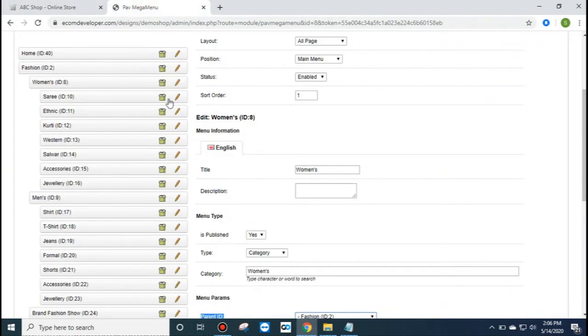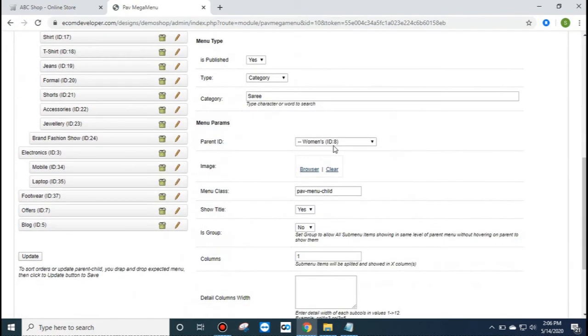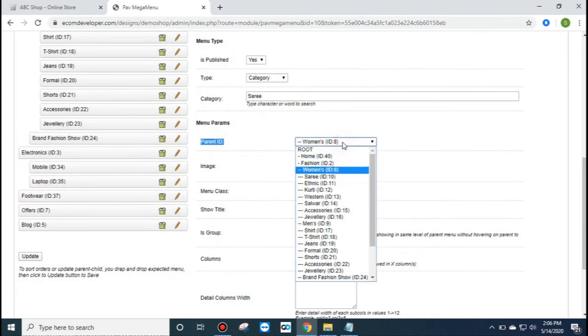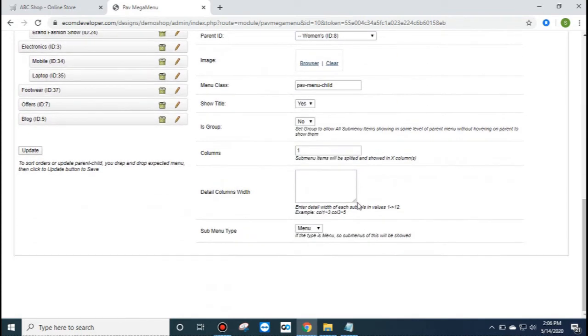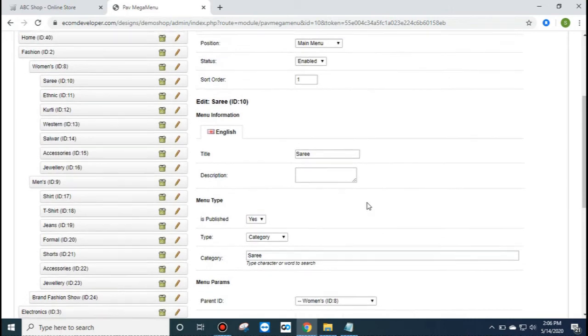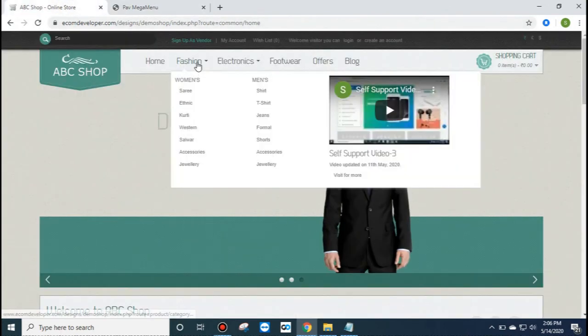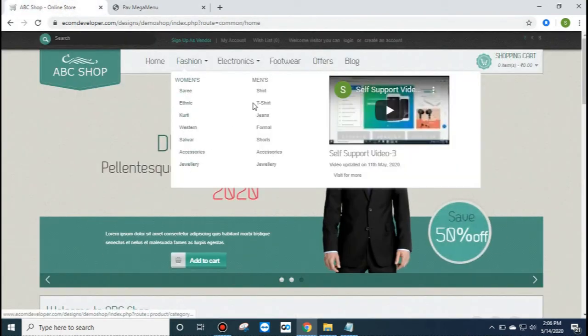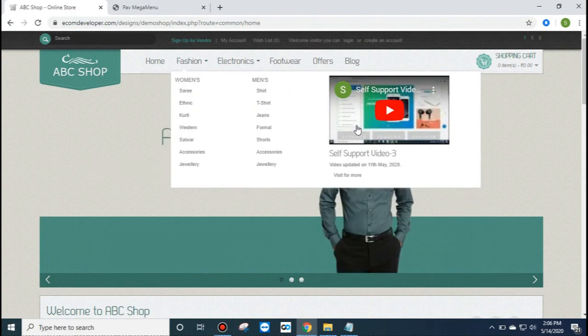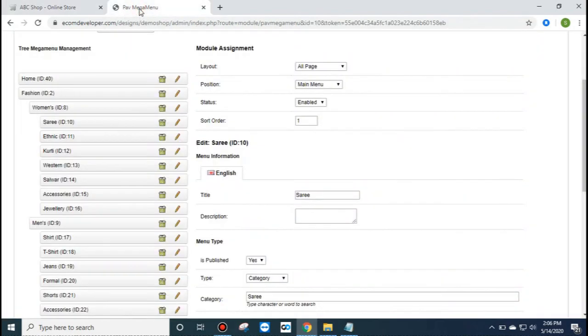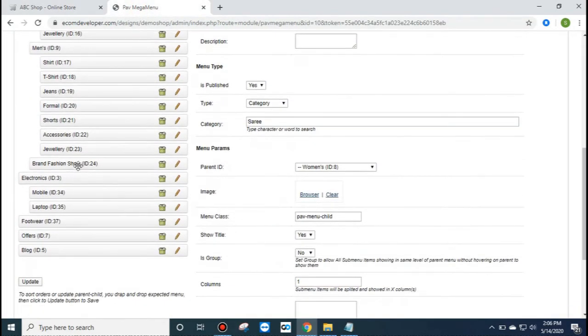So check the settings of sari also. So in this case you will see the parent ID as women, okay, and follow the same settings as it is. So by this way you can create this kind of menu, okay. And you can also check the widget settings for this video, or you can check here front fashion show, edit here.